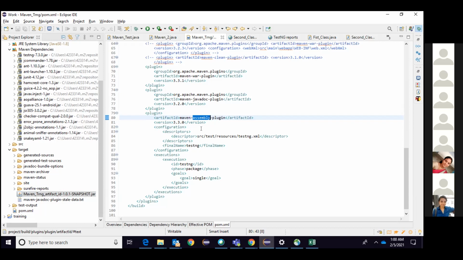So for that reason, this assembly is given. It does the same thing; it also packages, and jar also packages, but jar we will use in our project so that we can have it as supporting classes. But the assembly is an installation package, where you take your assembly and install it into some other location, I mean some other platforms.